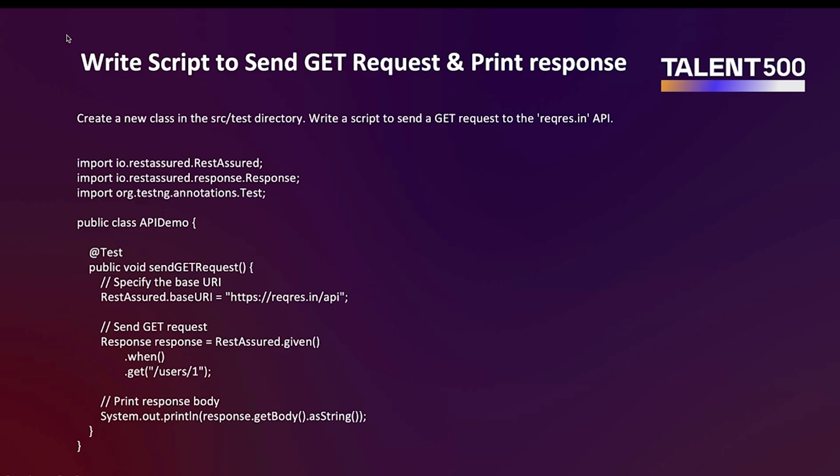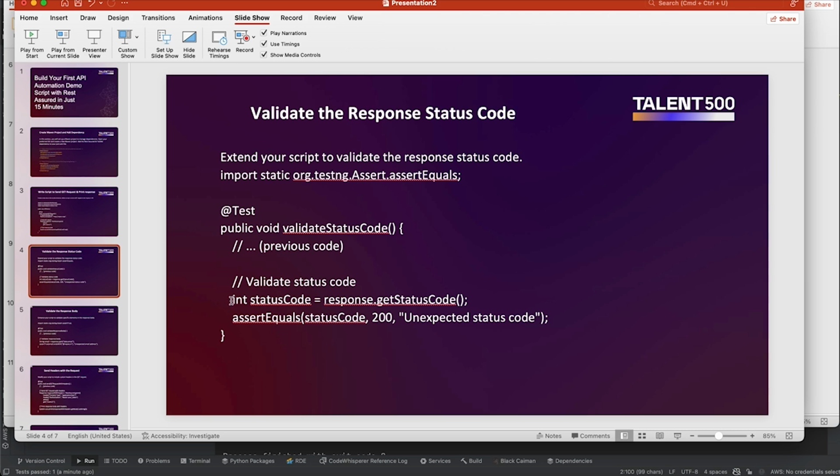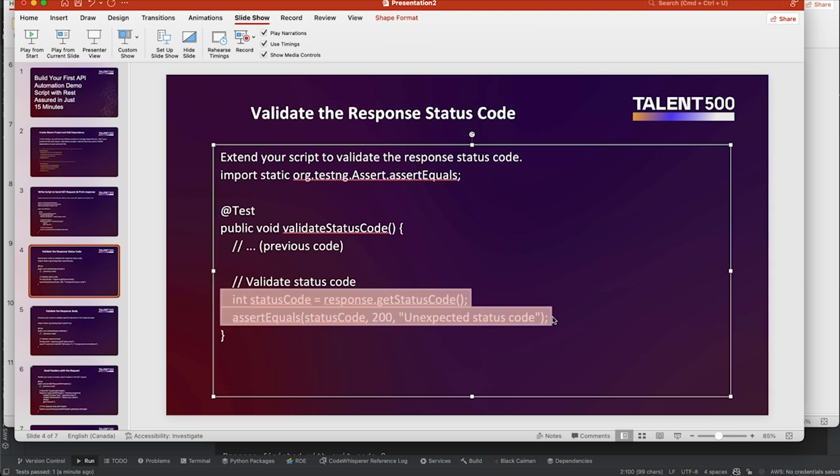So now let's go to the next one. In the next step, we are going to validate the response status code. Usually in API automation, we validate three important things: the status code, the response body, and sometimes the schema, right? The schema part we will look into maybe in another session, because this is a 15-minute session. We are just trying to go with the basics. So here we are going to validate the status code. To validate the status code, you need to use these two lines over here,